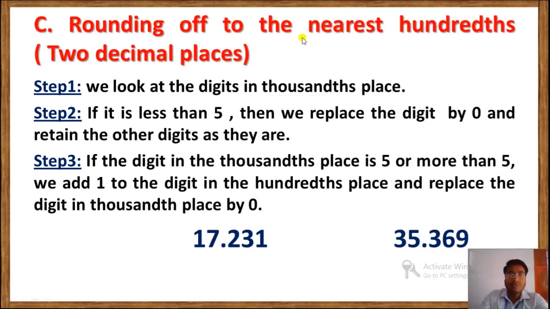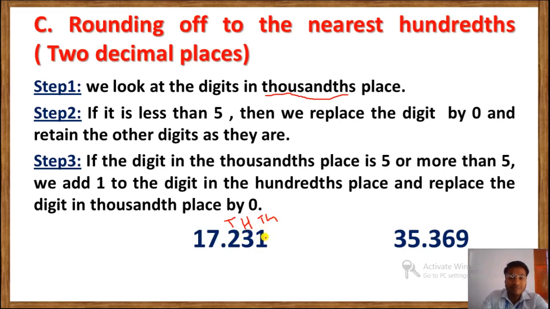Now see rounding up to the nearest 100th, or we can say 2 decimal places. Here we are talking about 10th, 100th. This is first decimal place and this is second decimal place. So we can say 2 decimal places or 100th. For this we have to see 1000th place, that means this one. 10th, 100th, 1000th. This place we need to see.